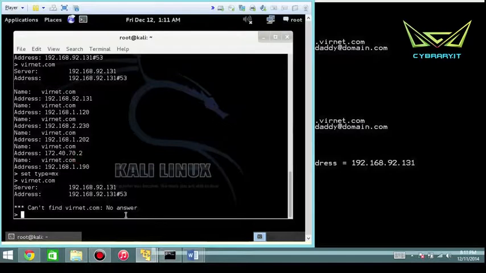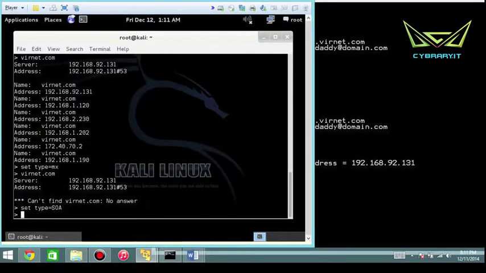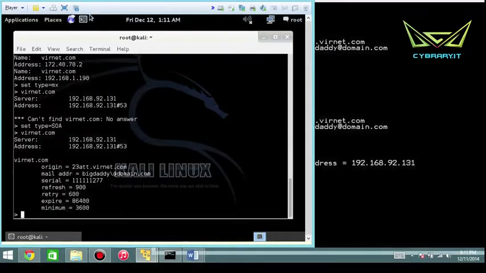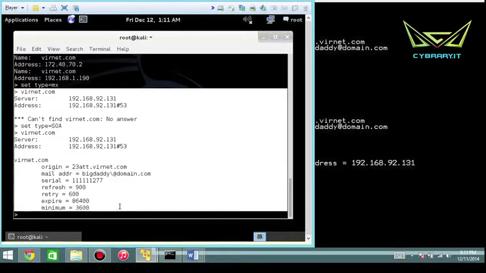So the same thing over here. I'll do a set type is equal to SOA vernet.com, and I basically get the start of authority record. Okay. Now let's translate this. The origin is